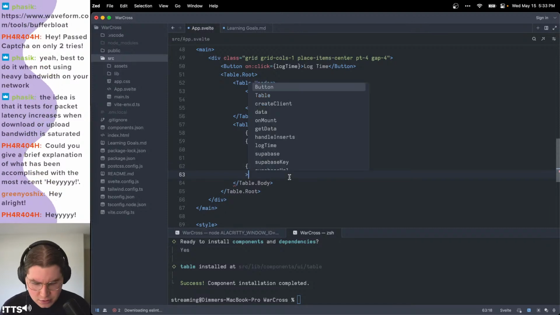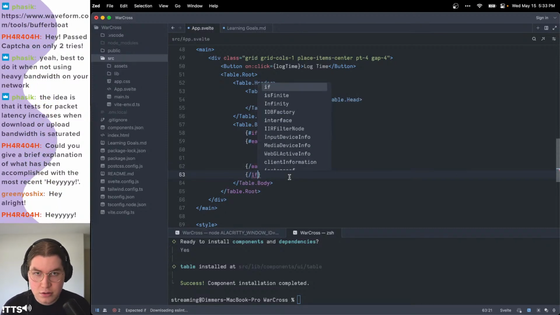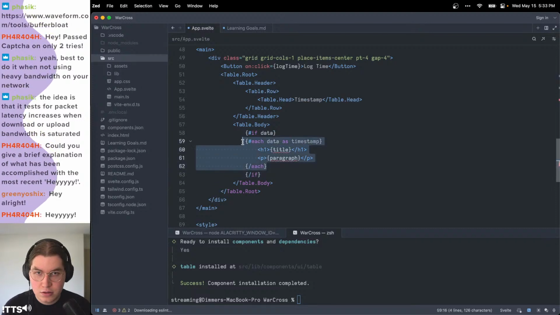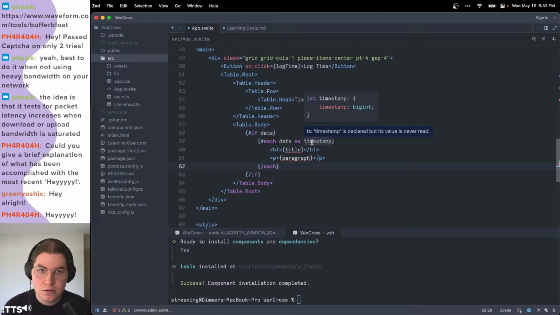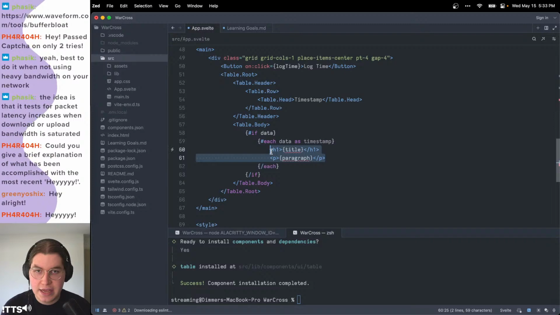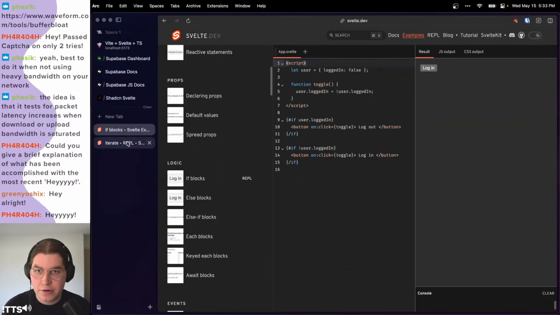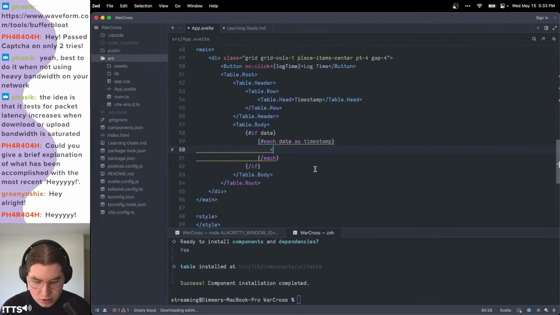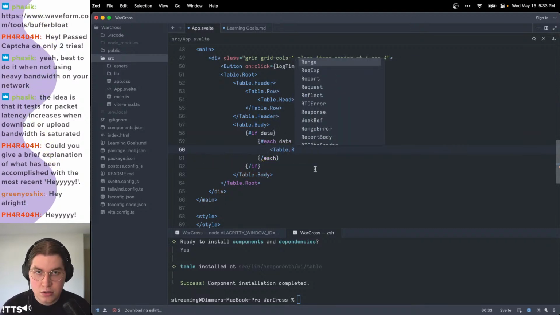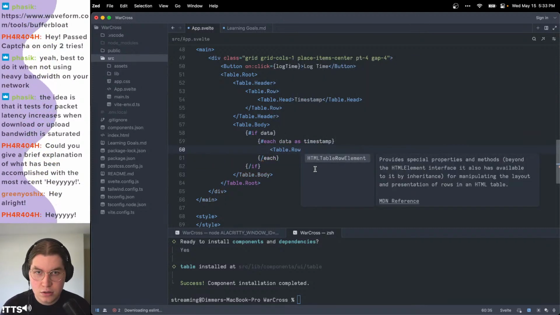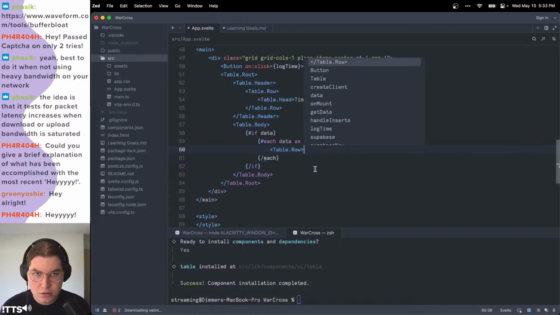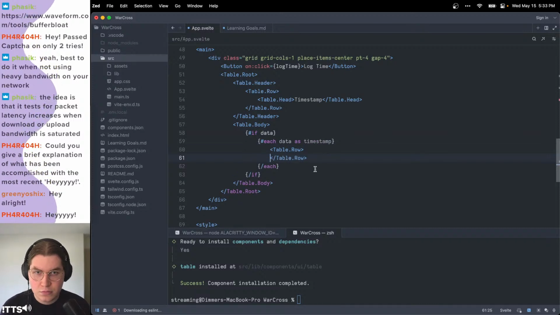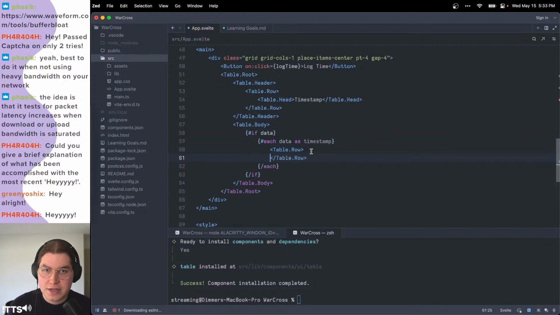If data, great. So we know that data is not null. Data is timestamp. And then inside of our body here, we are going to add a row. Table.row. No. And our table row